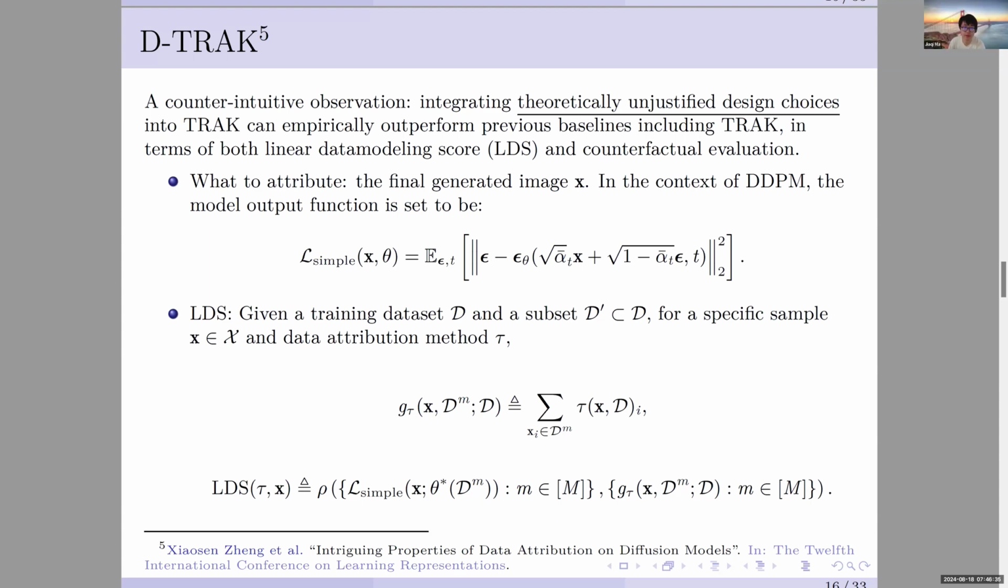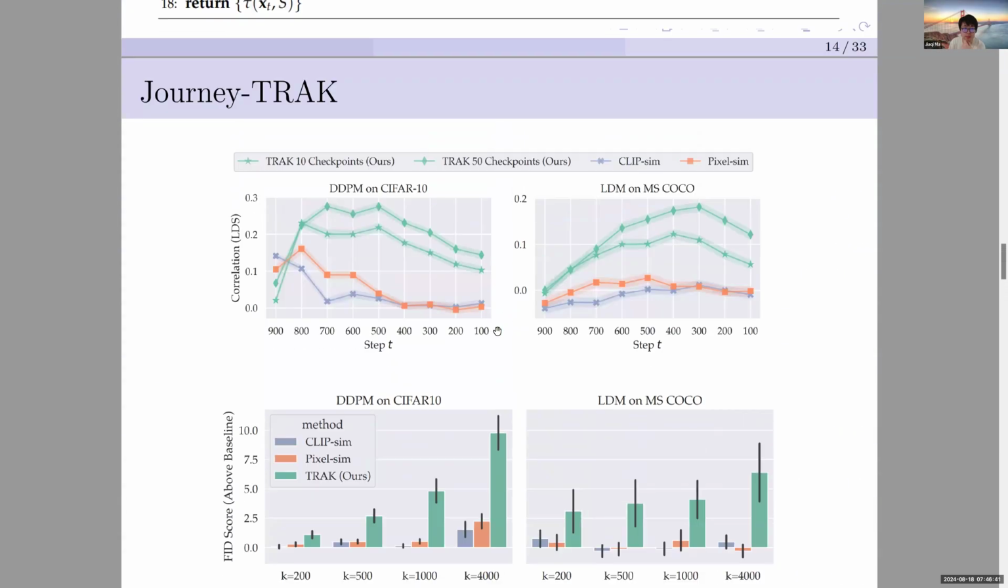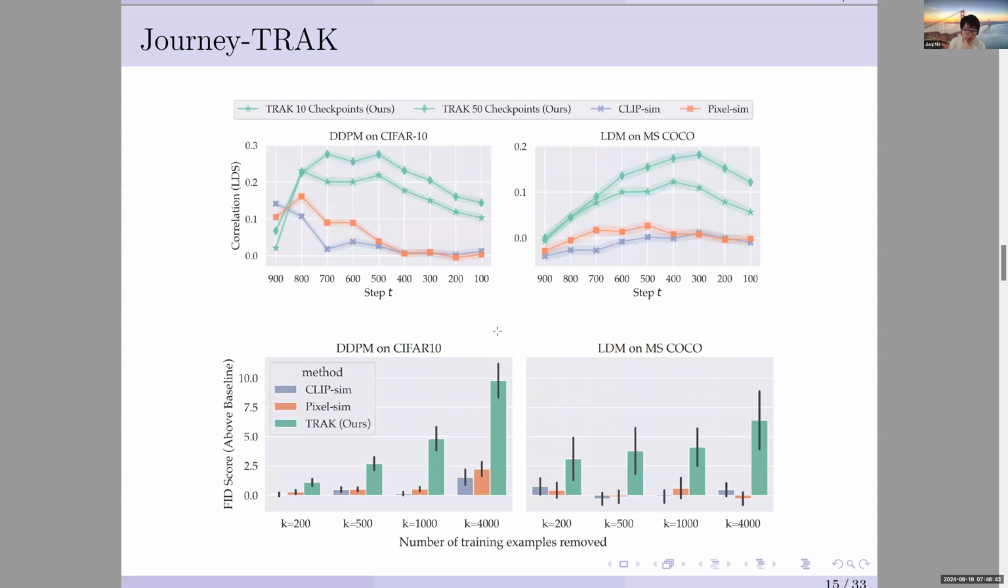Sorry, I actually have one question regarding their evaluation. When they are calculating this LDS score, they basically also remove part of the training data points and train another diffusion model, and that's how they calculate the